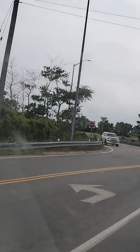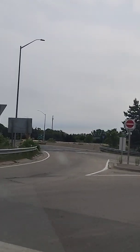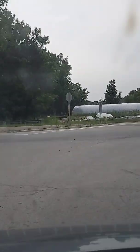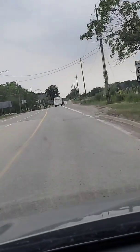If I took a left turn here, I'm going to enter the US, but I'm taking a right turn so I can stay in Canada. If I took a left to go here, I'm basically going to enter the US. So I took a right so I can stay within Canada. All right,